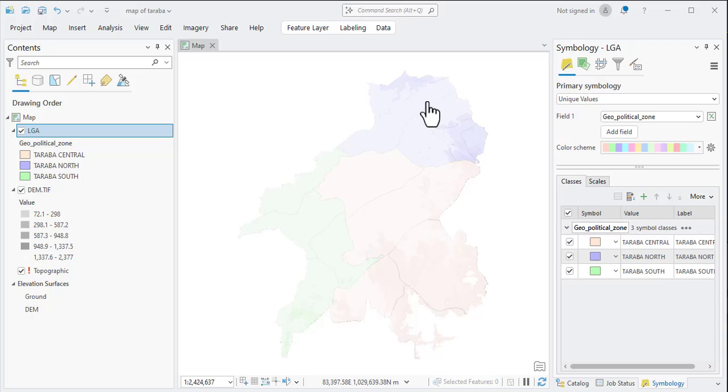Welcome to the fourth video in this series, Understanding GIS Files and Packages. In this video, we're going to look at map package and layer package. So what is a map package? A map package is basically,